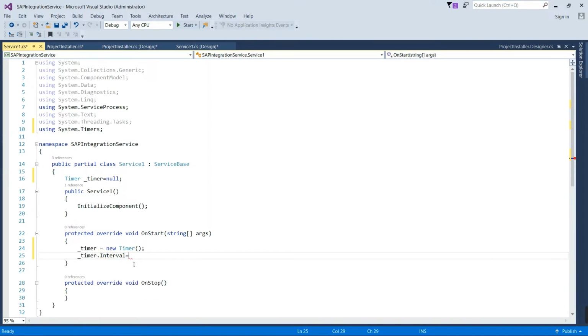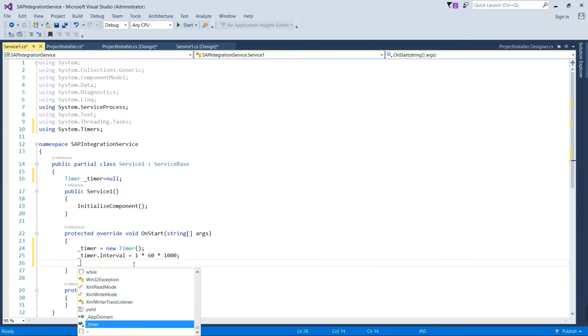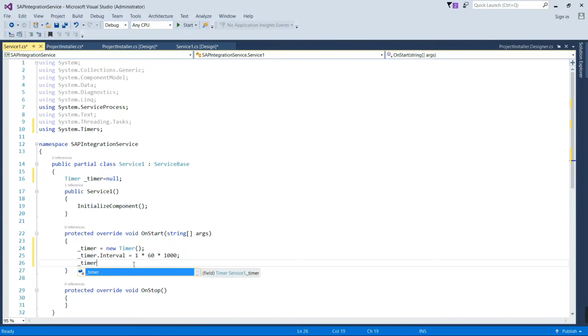It takes the value in milliseconds, so let me give 1 minute: 1 multiplied by 60 multiplied by 1000, because 1000 milliseconds equal 1 second, multiplied by 60 seconds would be 1 minute.